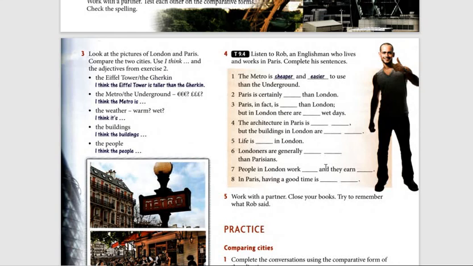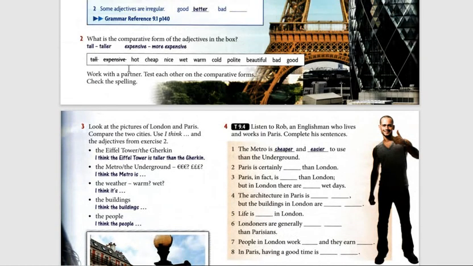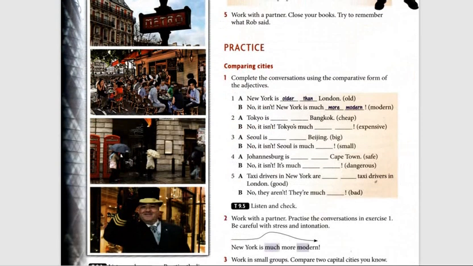So you can complete these sentences by making the comparative adjectives from the previous exercise. In this box we have hot and cheap, and up to the last one of these adjectives. So let's make the comparative adjectives from these adjectives in order to complete these sentences, to make the comparative sentences. And these pictures will help you with your answers.